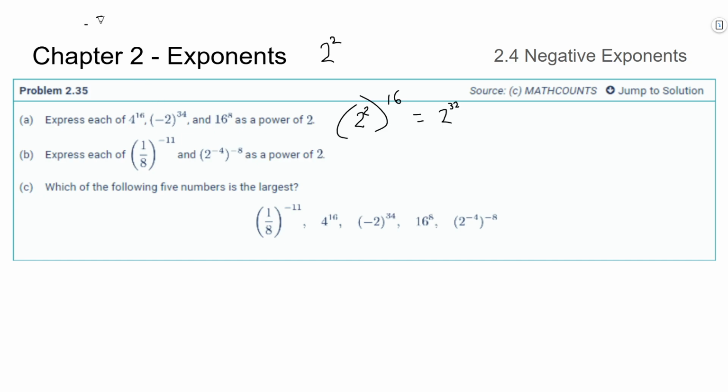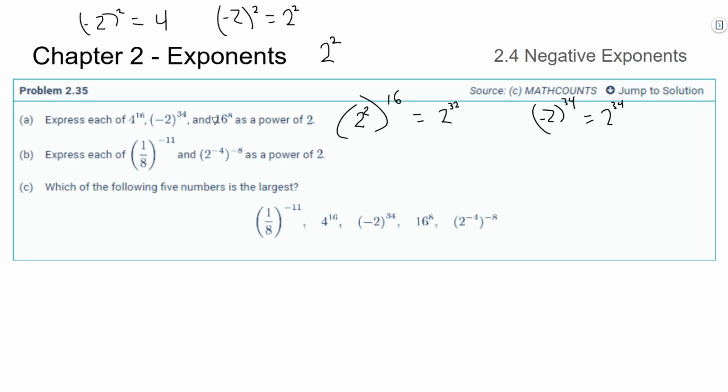Negative 2 squared, for example, would be positive 4. So negative 2 squared actually is the same thing as 2 squared, right? And this is an even exponent. So really,